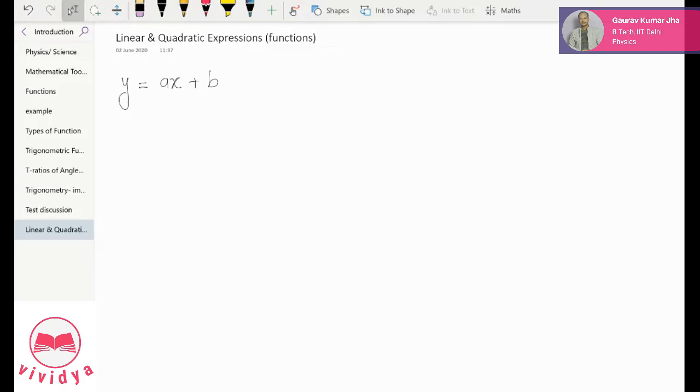Is the idea clear to you all? You must be remembering that a linear expression can be framed as y is equal to ax plus b, where a and b could be anything, but some constant value. Whatever value you can pick, but there must be some constant value. And y and x could be variable. So depending upon x, there will be a certain value of y. Looks like a function, right? It's an algebraic function. And now we know the exact nature of this function. This function is a linear function, linear in x.